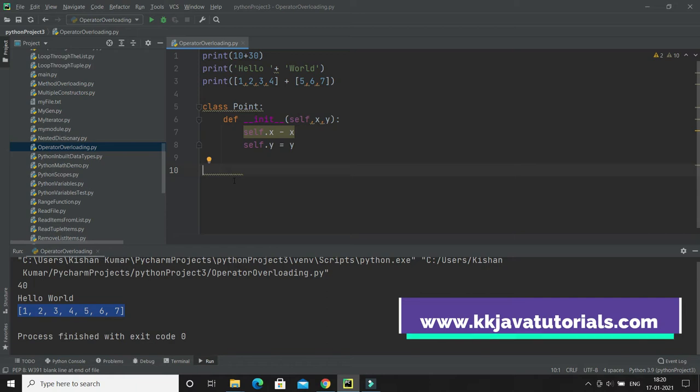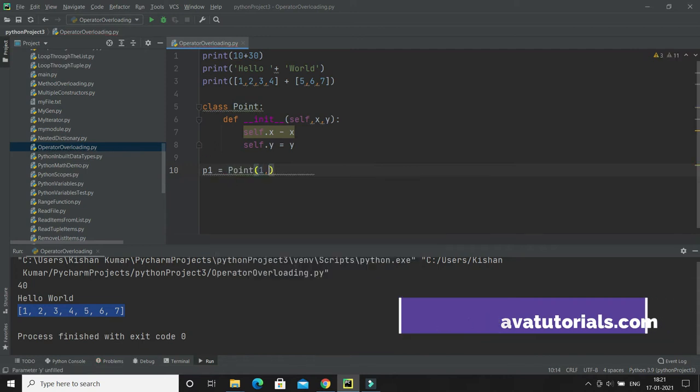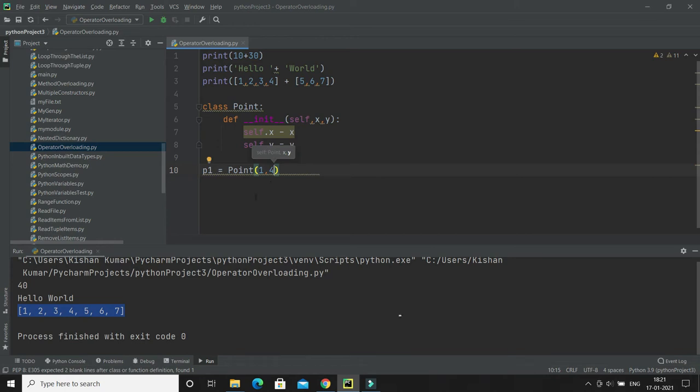Now I am going to create two objects. Let's say p1 equals Point, and here I'm going to pass the first point as 1 and the second as, let's say, 4. I'm going to create one more object of this class, p2, and this time I'm going to pass 2 and, let's say, 6.